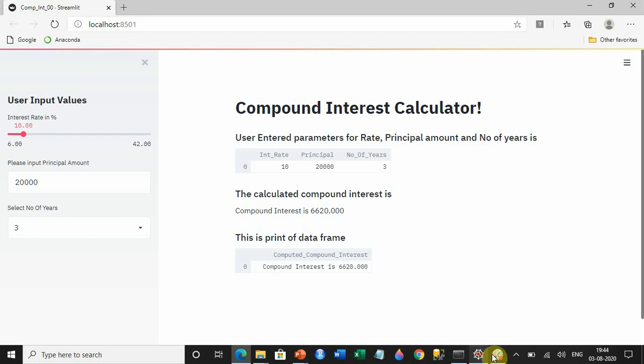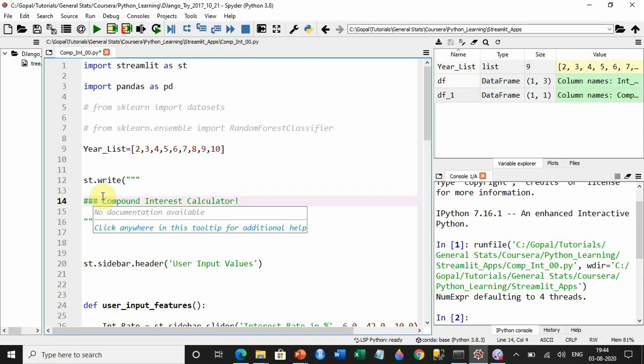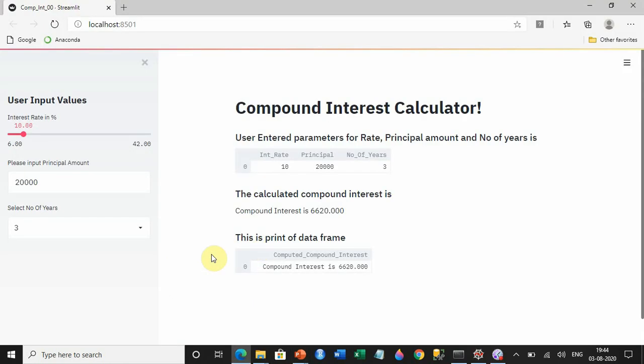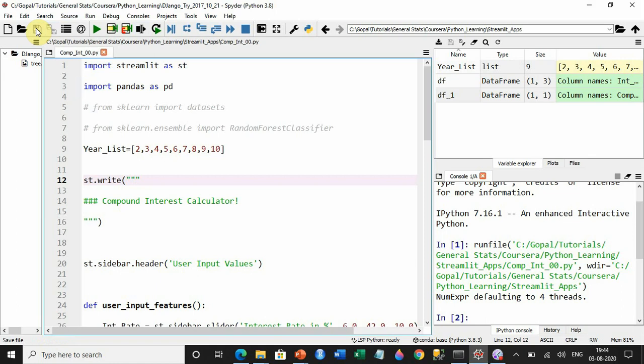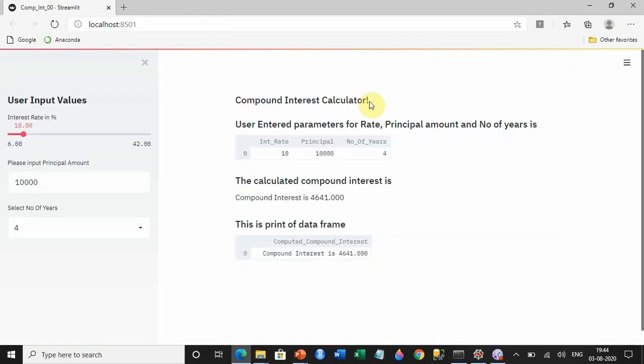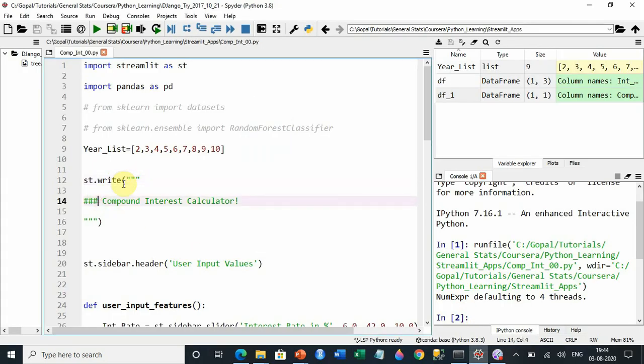So essentially, let me show you certain things. If you put double or triple hash, it will make the font size much smaller. Look here, if I do F5 this time, it will come much smaller. It hasn't come, give me a second, I'll have to save this code. Now if I refresh, it will come much smaller. So the hash is the size. One hash is the biggest, two hash is smaller, three hash is even smaller than that. I'll just go back and refresh it, and this time again the font of the title will become bigger.